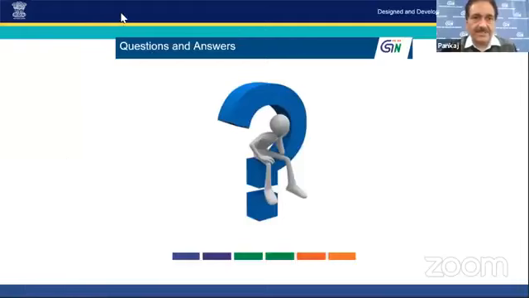I would take some questions now. Mr. Sanjay Lodha has asked how to rectify mistakes in GSTR 3B after submission of returns. Sanjay sir, I have already advised, and it was mentioned in all the relevant instructions at the time of filing, that at present there is no facility to rectify mistakes in GSTR 3B if you have submitted the same.